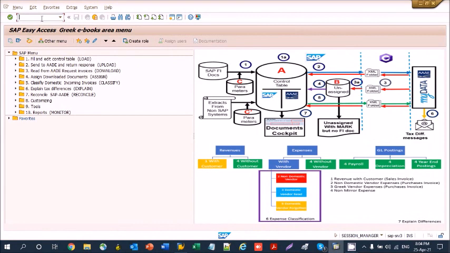Retail sales with special retail customer are posted using transaction FB70.